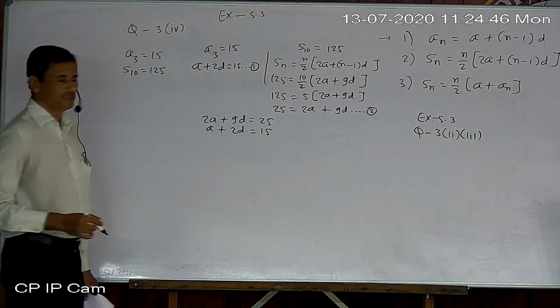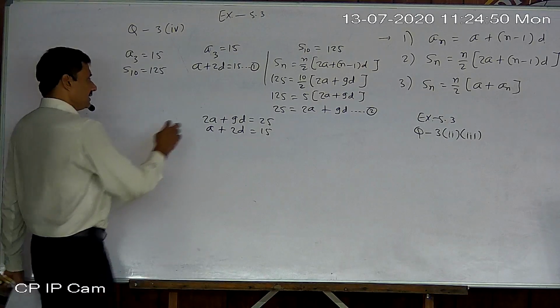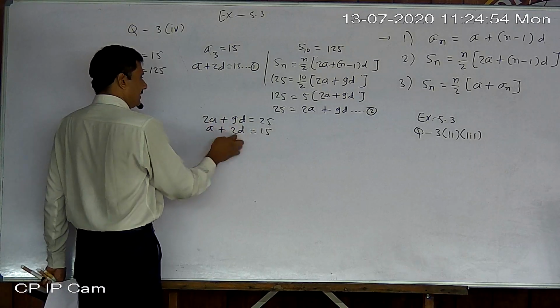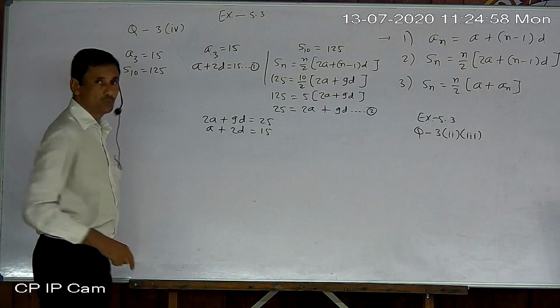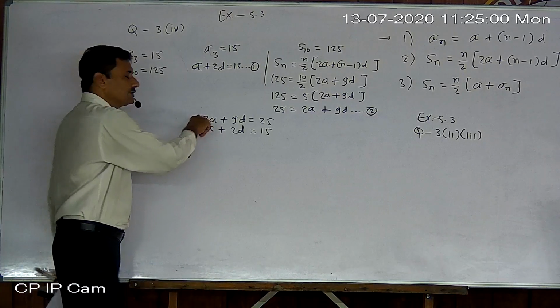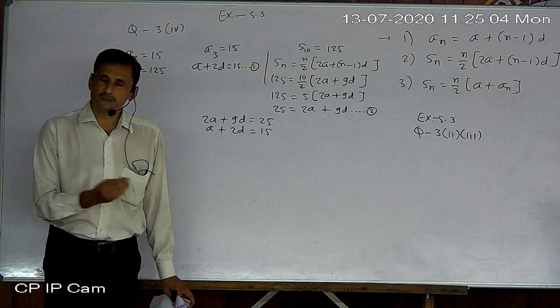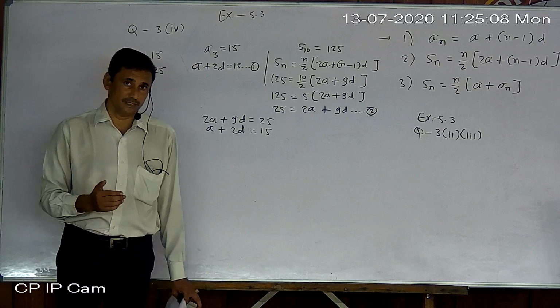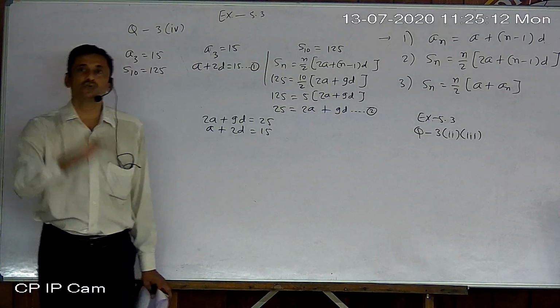But you notice one thing here. In the previous exercise we already got a plus something d and a, but here, for the first time, we came across 2a, which means the coefficients are not equal. In that type of case, you will study how to solve in the elimination method in lesson number 3, linear equations in two variables.